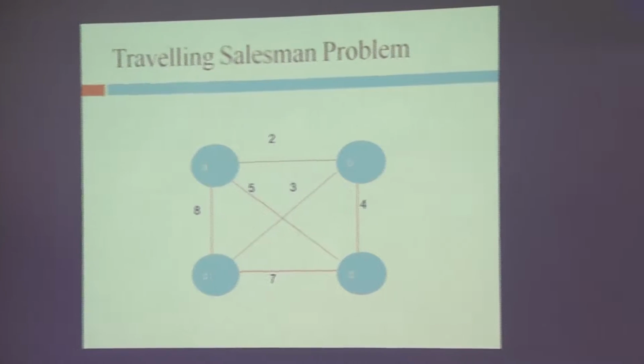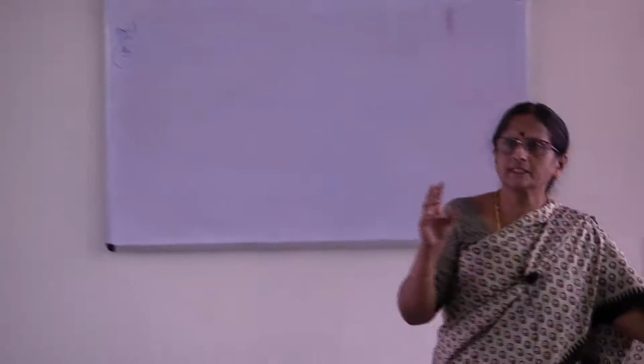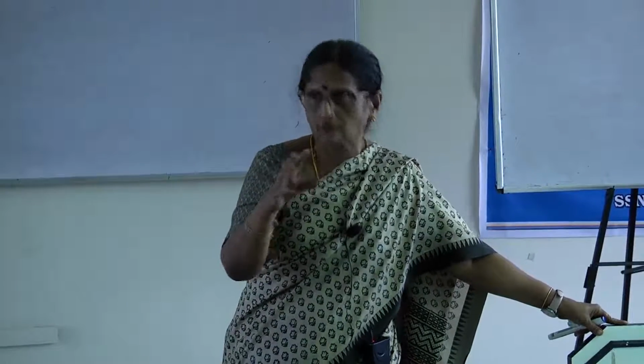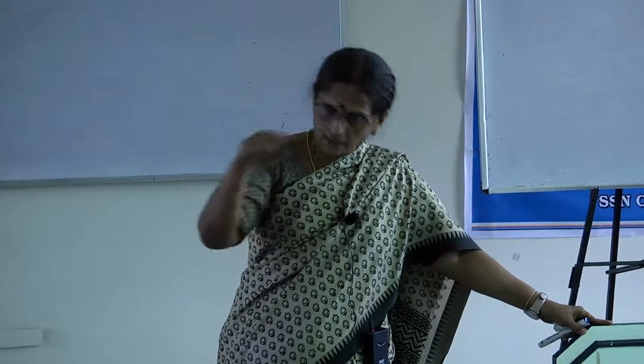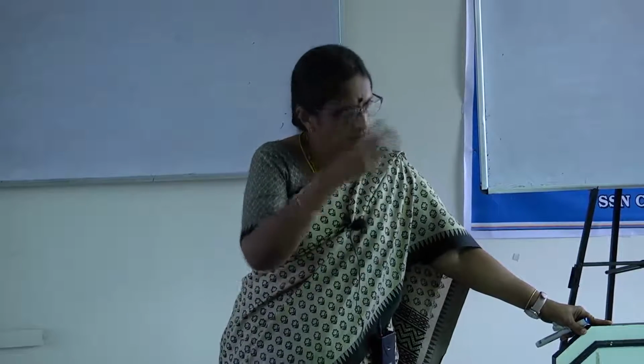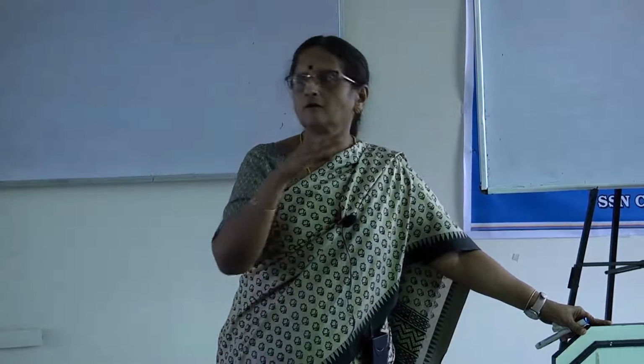Okay. So it is a traveling salesman problem. So you start at one node and come back to that node. Whether you start at A or B or C or D, it doesn't matter. Okay, are you understanding? Because it is a cycle. You can start at A, come back to A, start at B, come back to B, because you are going to visit all. So without loss of generality, let us assume we are starting at A. You don't have to start at A, you can start at any node, you will get the same answer.